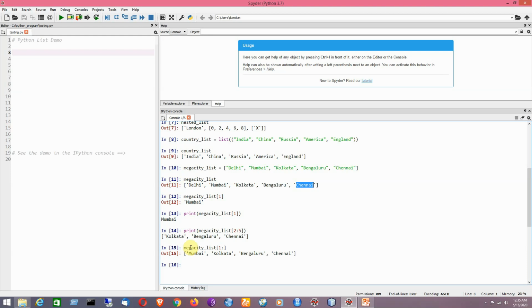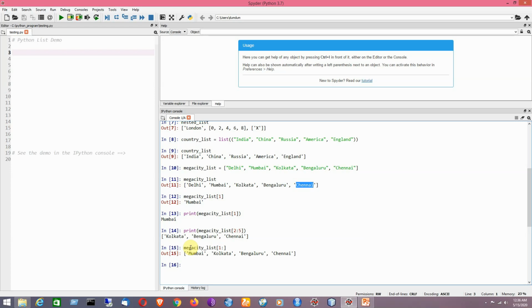Here we can also have negative indexing. It is one of the interesting features of Python. First remember: we can access a specific index by using the square bracket and mentioning the position, or we can have a range of indices, which is called slicing, of the form square bracket, beginning index, colon, end index. That is the idea that I have followed here.